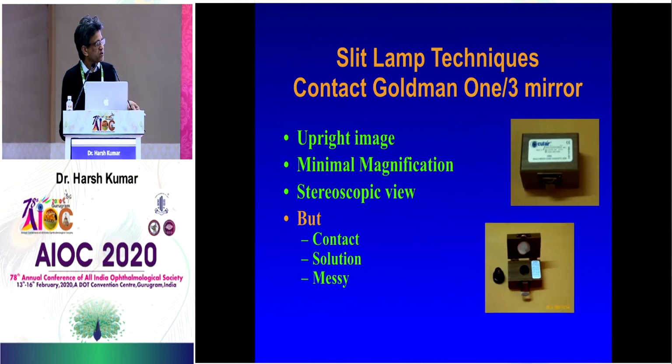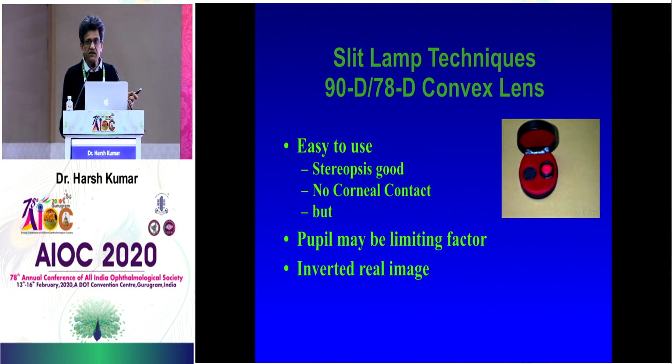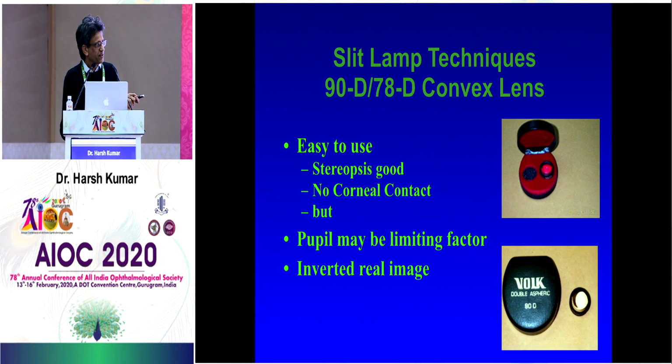So the best thing to do is a 90D, 78D or 60D examination. That's what I was saying: own a 90D. How many of you have a 90D? How many of you have a gonioscope? Which gonioscope do you have? Tanuj, which gonioscope should they buy? Oh, a 2 mirror is fine, especially for learners. When you come into practice, buy a 4 mirror. Great, at least lots of them are using it.